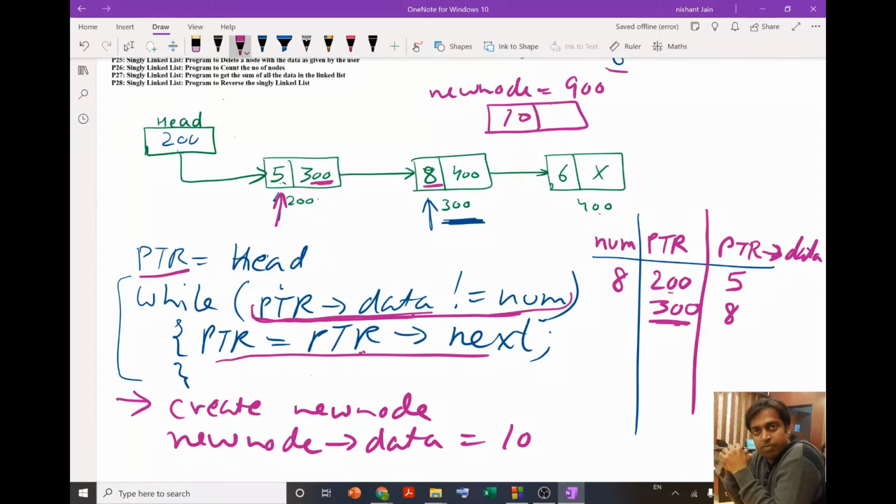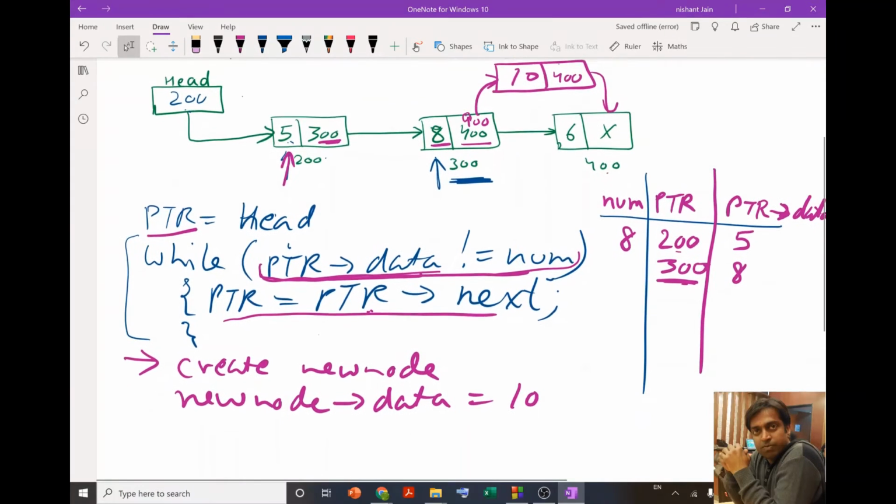We need to replace this 400 with 900, so that after this particular node, the next node will be this new node, and in the next pointer of the new node we need to put 400, so that from this new node our next node will be this 400. In this way we will be able to insert this new node.